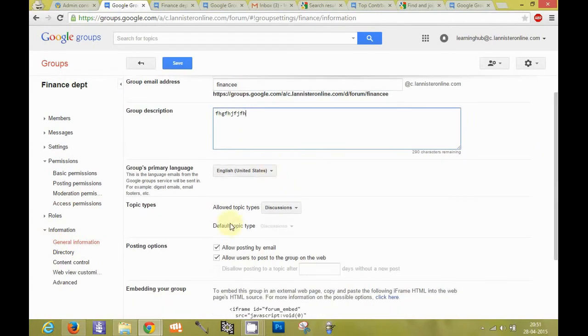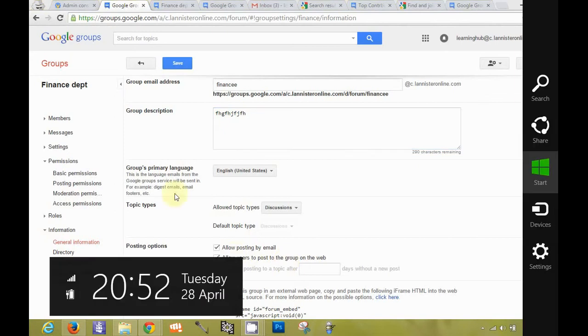You can define posting settings, like if a person is mailing to the group ID, like this group has a particular ID, then it will be posted in the group. And you can also define that if a person is posting on the group's console, then it will be posted to the group.